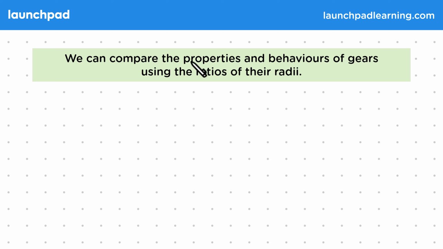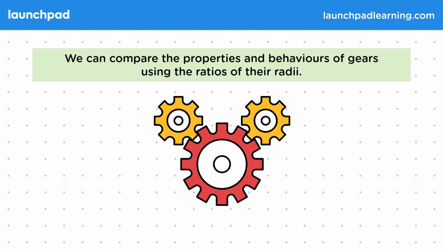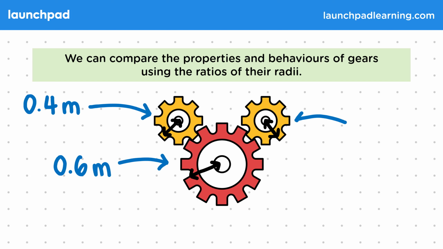We can compare the properties and behaviours of gears using the ratios of their radii. Now, gears work by transferring moments through contact forces as the teeth of the gears move past each other. So in this example, we can compare the radii of the gears. The two smaller gears each have a radius of 0.4 metres, and the larger gear has a radius of 0.6